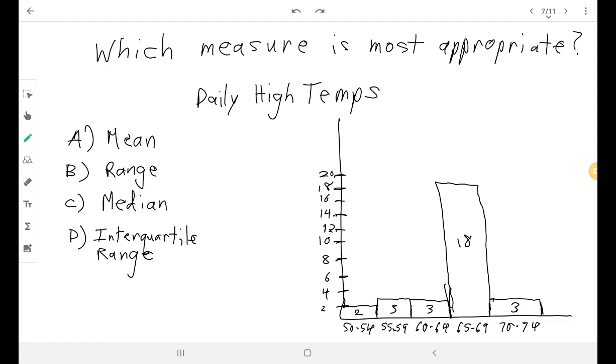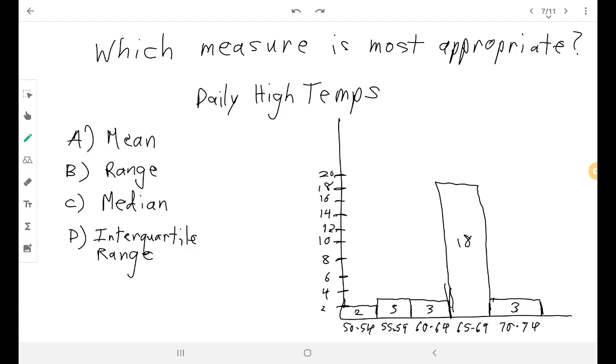So really, it's not even an option here, but the mode, that is the measurement that occurs most, or the range that occurs most, would probably be the best one. But so what happens if you were to take the mean here, that is the average? Then you get these weird ones that are sort of outliers that are going to change things for you, so probably not the mean, right? The range is just taking the maximum and minimum temperature and subtracting them. That doesn't seem like a good way to